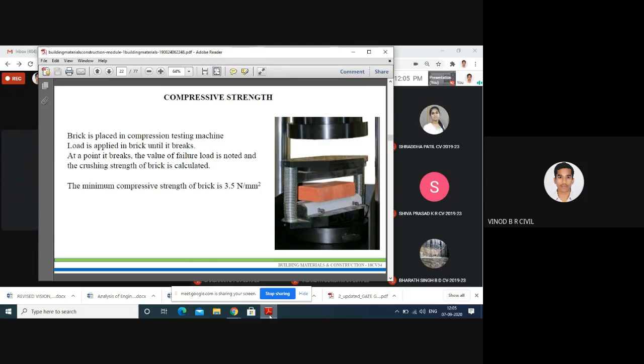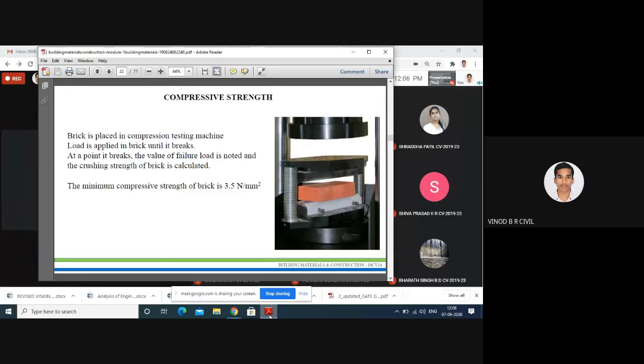A frame structure means there is the foundation, flooring, column, beam, as well as the slab. Again, it will repeat: column, beam, slab, column, beam, slab, like that. Afterward, they construct the walls in between, after the completion of the frame. First, they create a frame. In between, however they want, they construct the partitions. That comes under the frame structure.